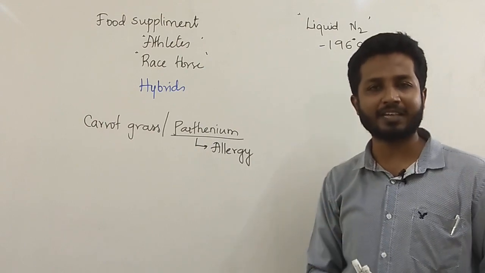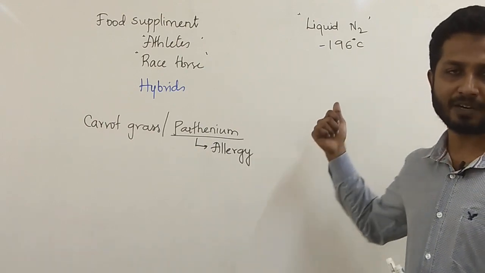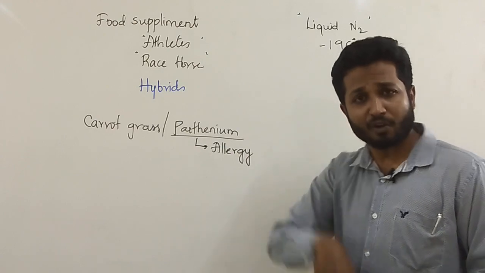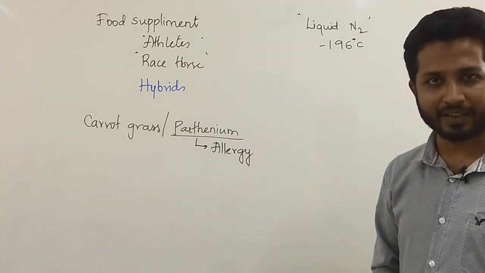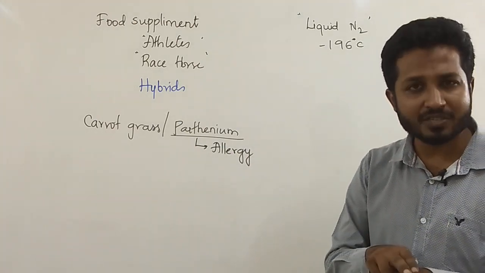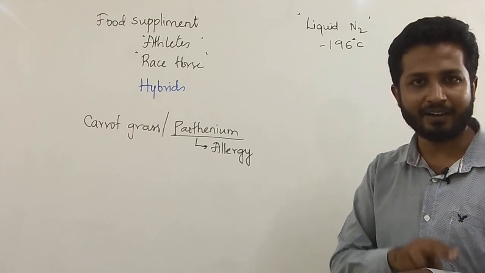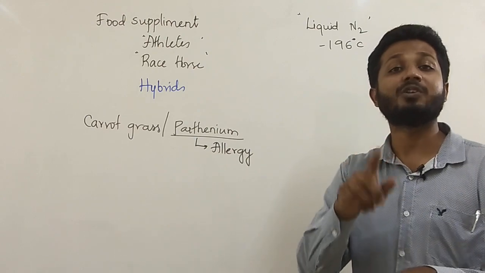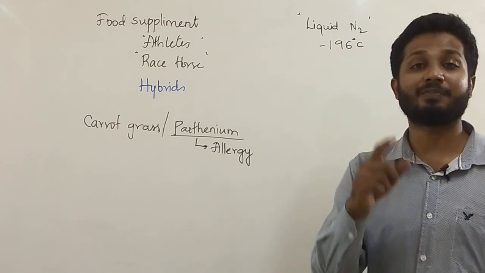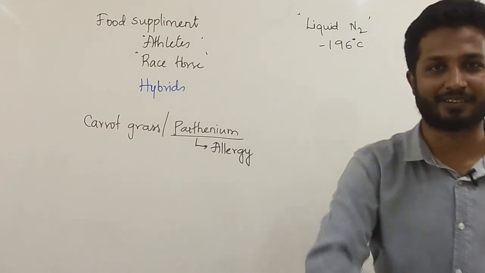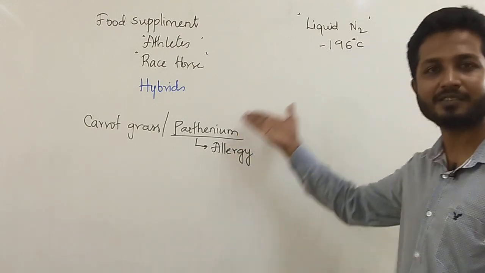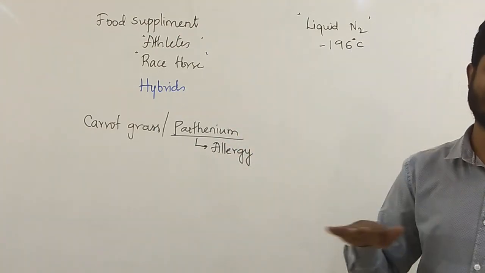Trust me, I had placed my pollen grain in this particular place in 2011. It's almost 9 years now. If I go now and take out those pollen grain and then place them onto the stigma of another plant or on the same plant, it will germinate there. It is becoming alive after 9 years. Why is that so? How is it so? It is because all metabolic activities were ceased.